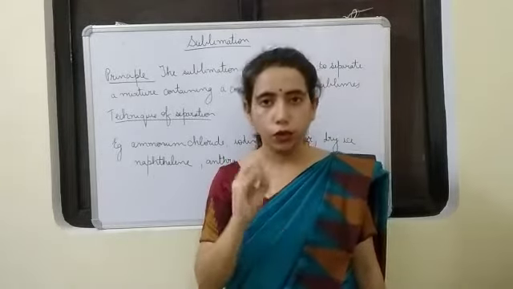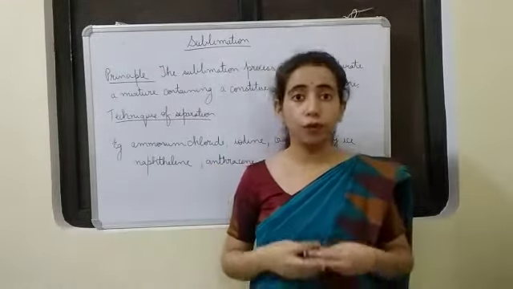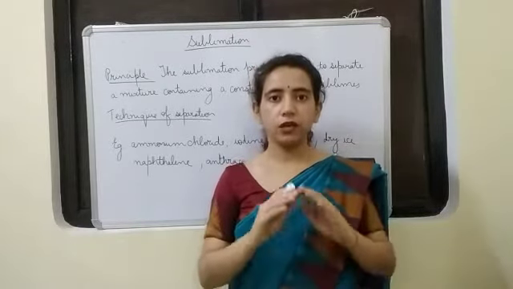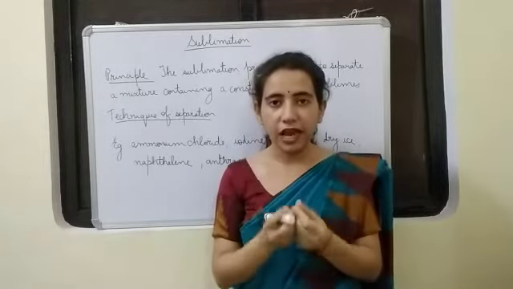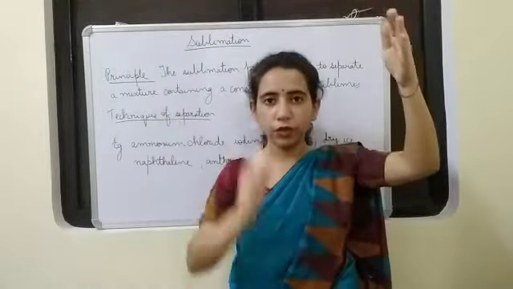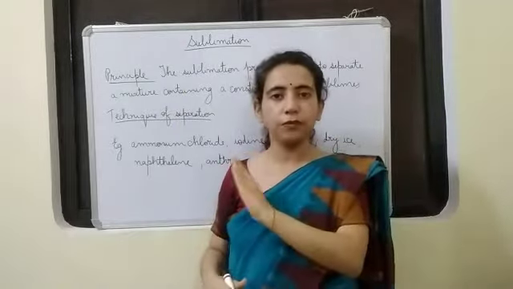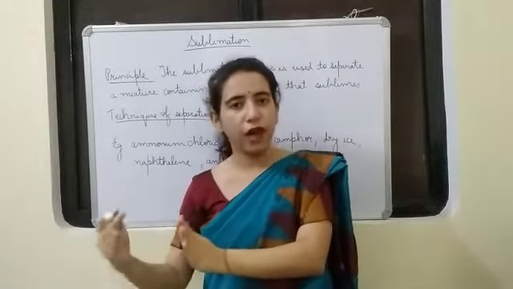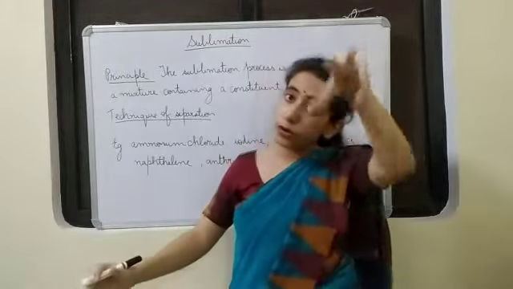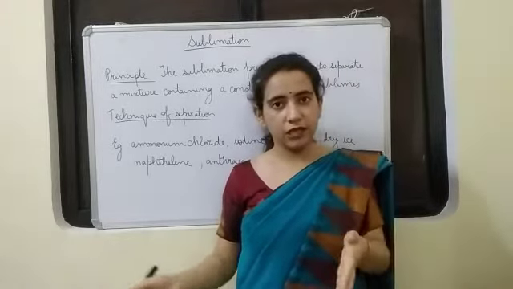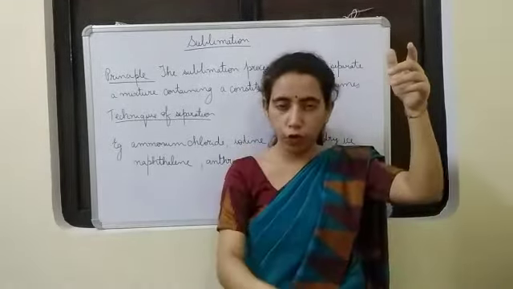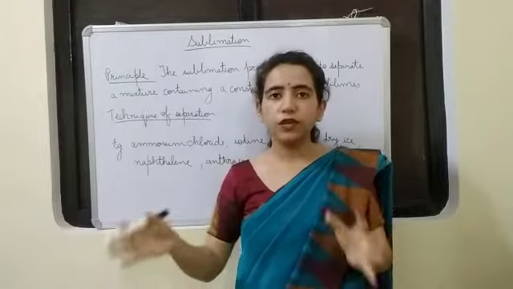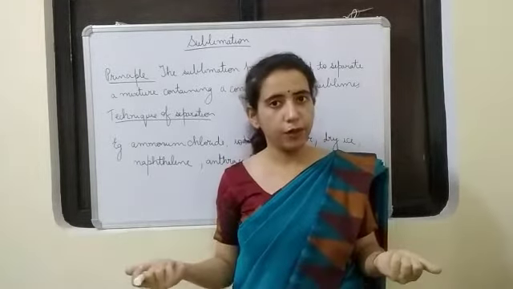Then the third one is winnowing. Winnowing means separation by using wind. The example here is wheat and chaff. The cover of the wheat is called chaff, and in that case we will drop the wheat from a height. When we do that and the wind is blowing at the same time, the chaff will be taken to a different, little far away place, but the wheat will drop at the same point. So we can see the wheat comes at the bottom from where we are dropping it, but the chaff moves a bit away. So we see wheat and chaff get separated in that way by winnowing.